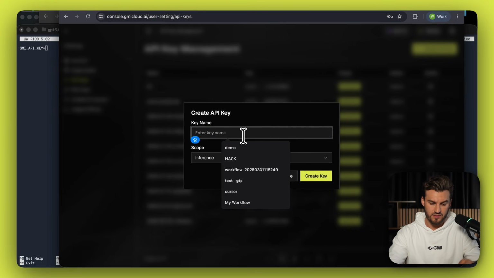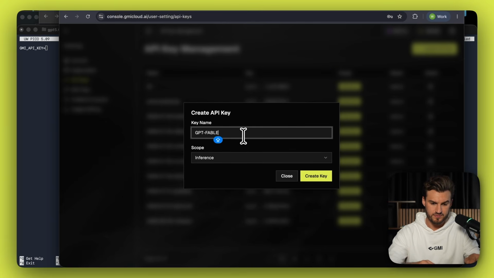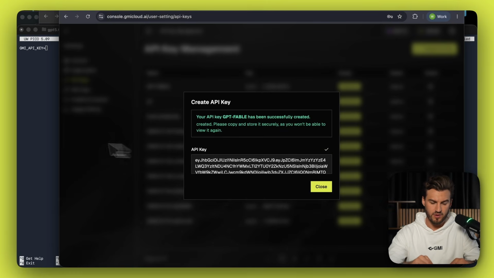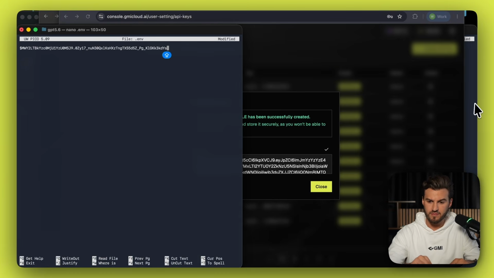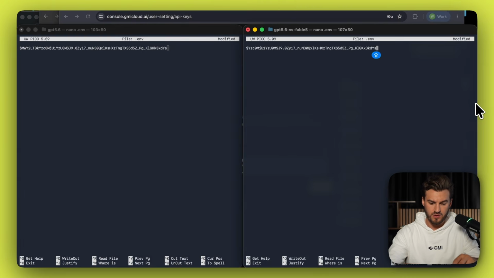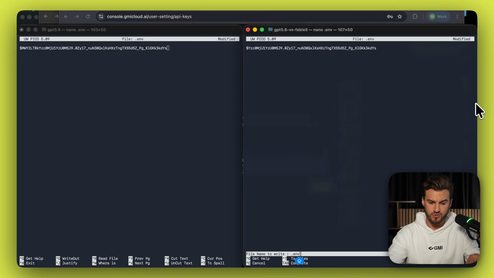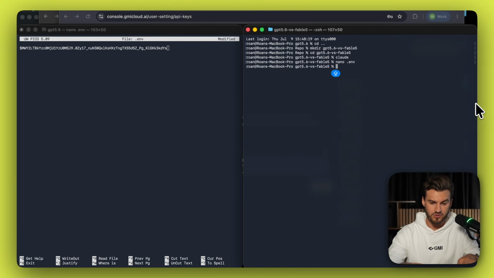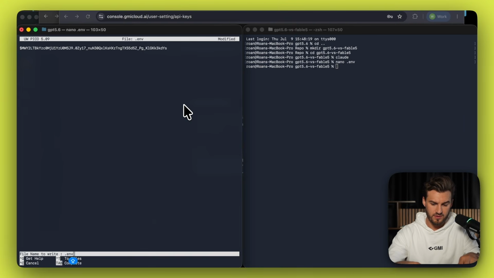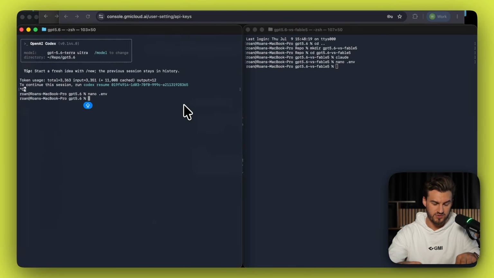Call it GPT, Fable, create the API key, copy, paste it here, Control O to save it, yes, Control X to close it. Same here, Control O to save it, Enter, Control X to close it. All right,